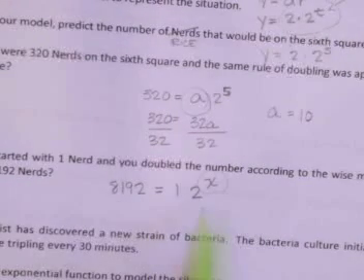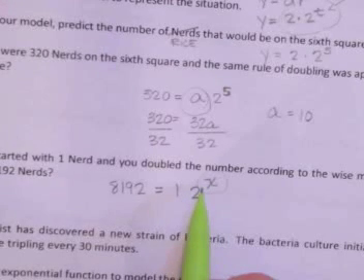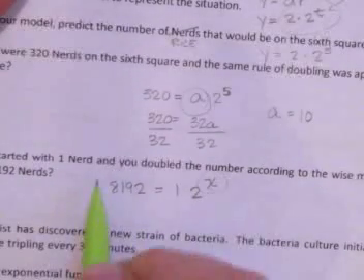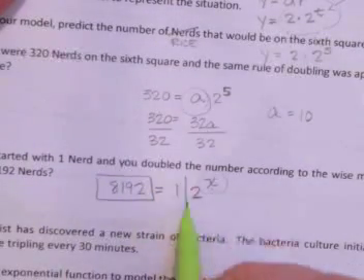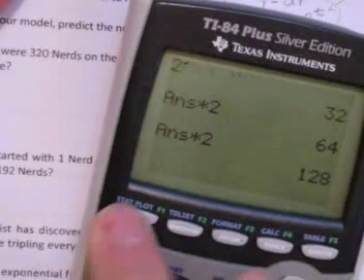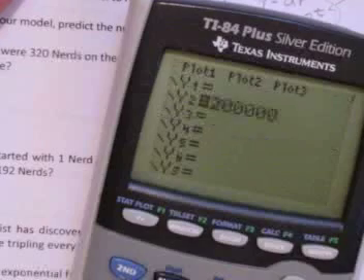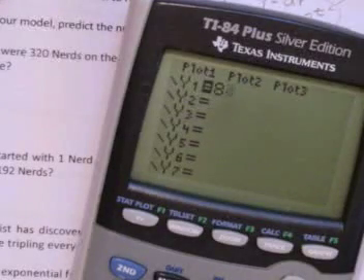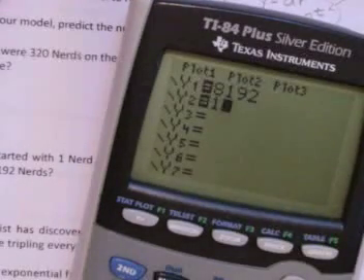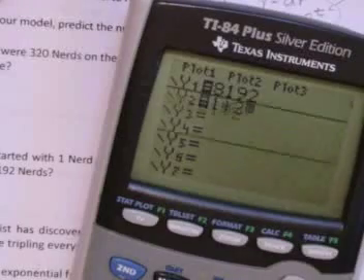So I really am stuck here because if I use all of my algebra techniques, adding, subtracting, multiplying, and dividing, I can't get that variable out of the exponent, no matter how hard I try. So I always know that when I can't solve an equation by the normal means, I can graph the left side in y1 and the right side in y2 and look for the intersection. So I'm going to graph 8,192 in y1, and in y2 I'm going to graph 1 times 2 to the x power.